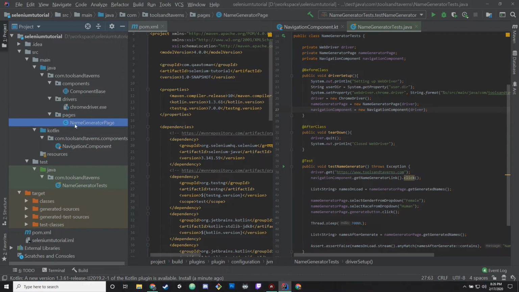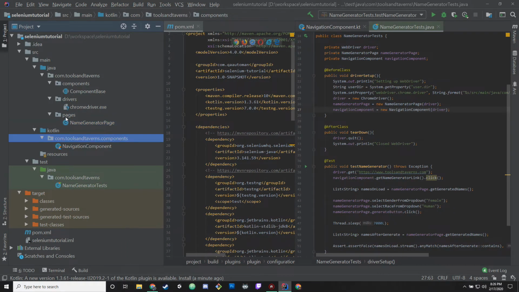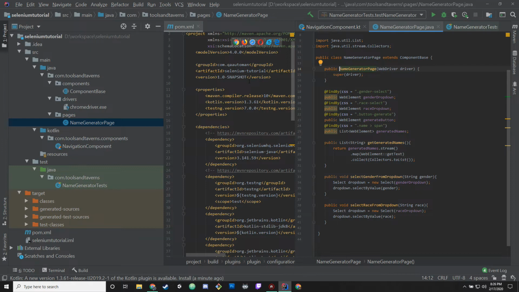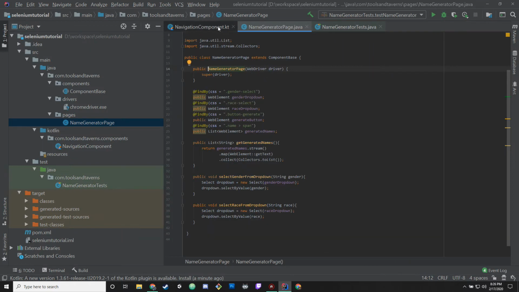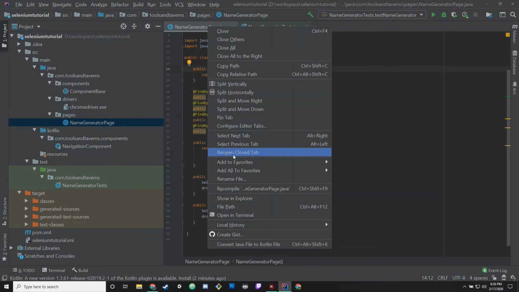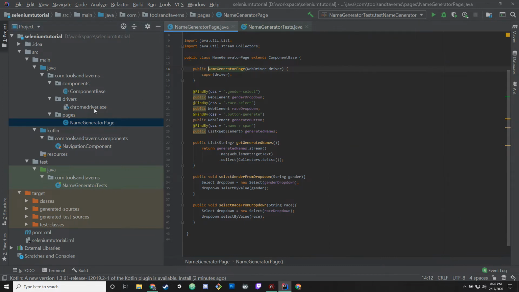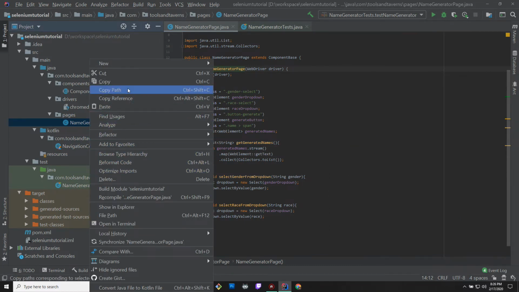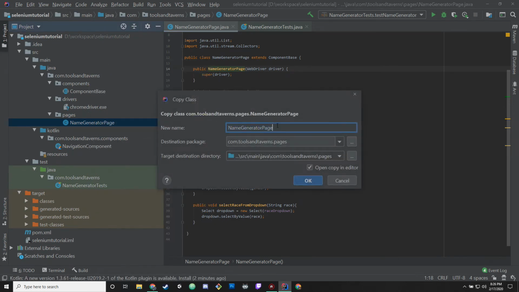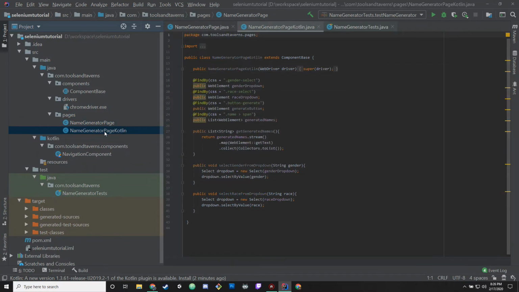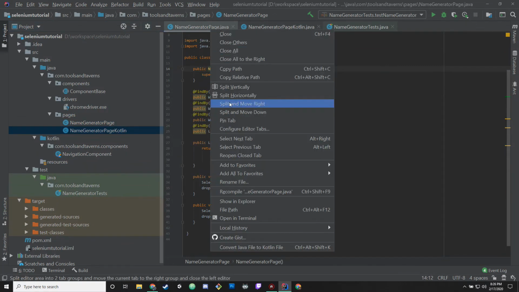So we have this pages over here. Let's see, what does this look like? Let's do a comparison again, just like we did before. Let's go and split it, and we will actually need to copy it. Let's copy our file, paste. So this will be the Kotlin version, just to see the differences here. So we have our Kotlin, and we have our